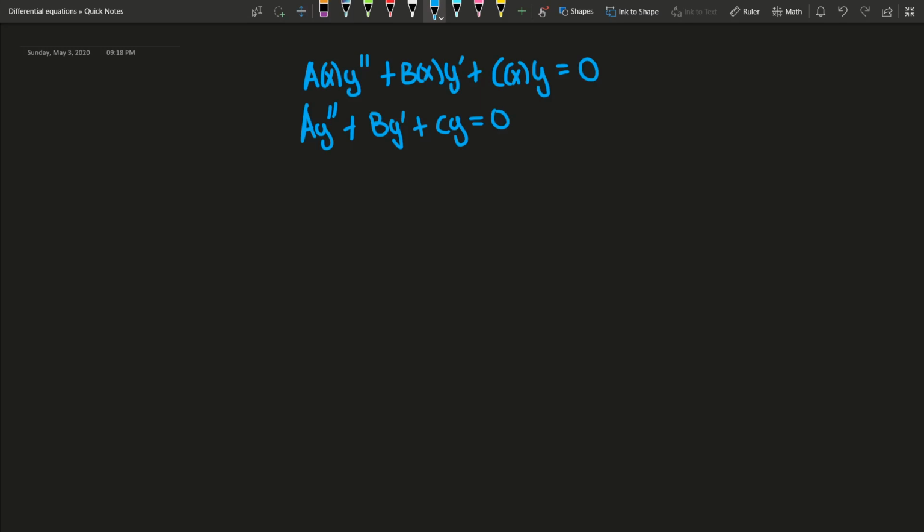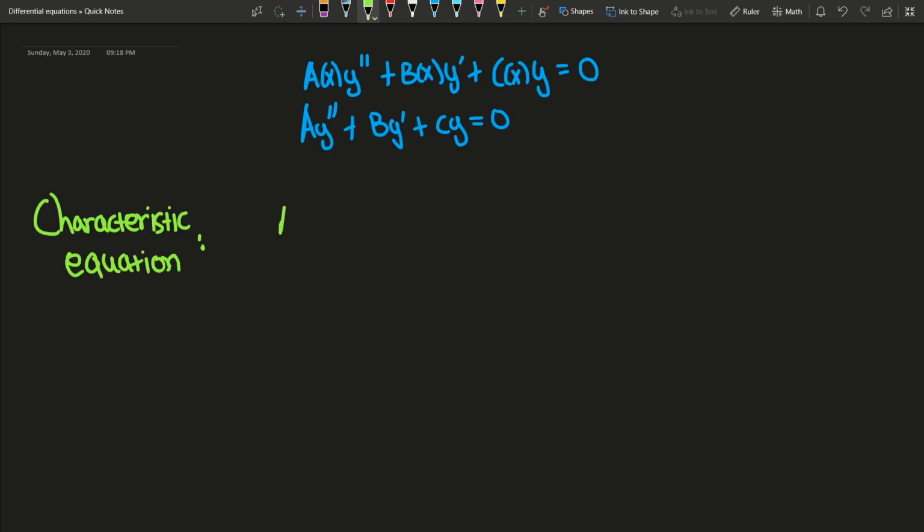Okay, so the first thing that you must do is find what we call the characteristic equation of your differential equation. That's pretty simple to do. All you do is take your differential homogeneous equation and transform it into a polynomial. So